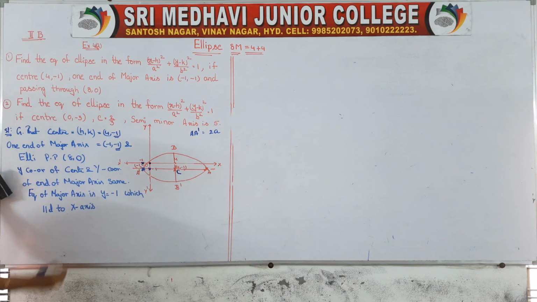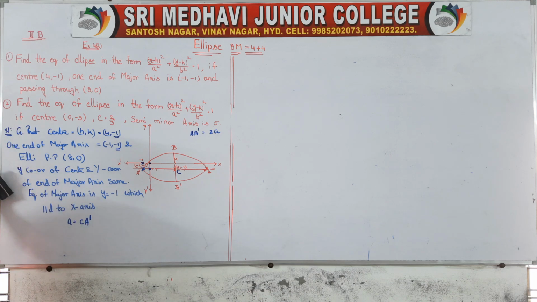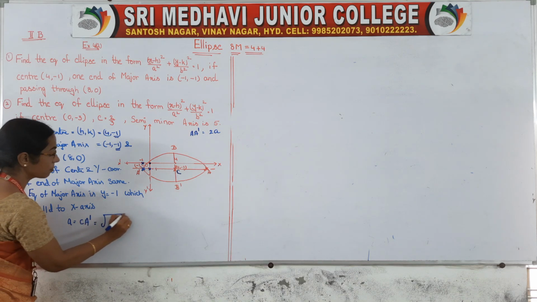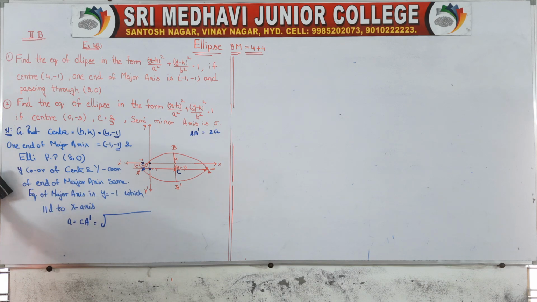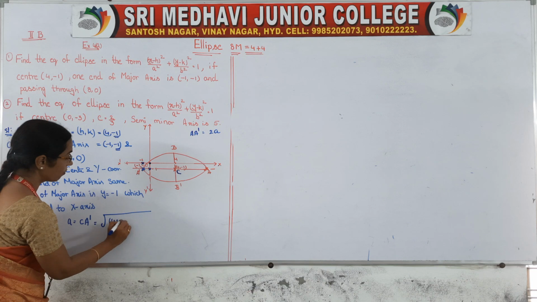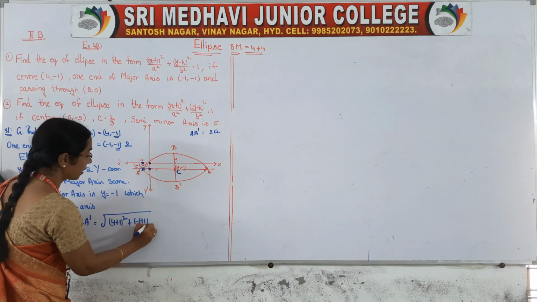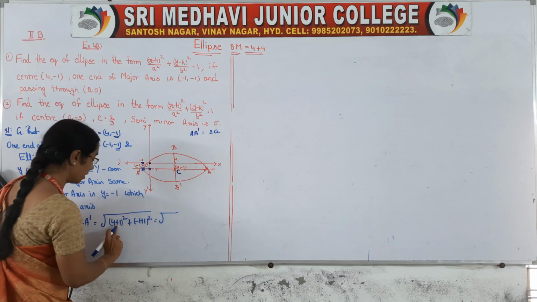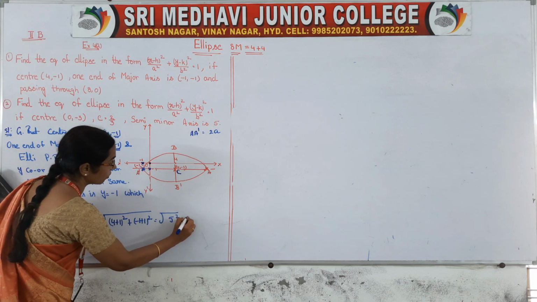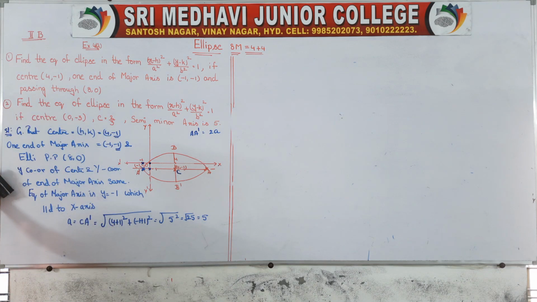That is A, right? A is equal to CA dash. Okay, so that is nothing but the distance between two points, center to that point. How can we take it? 4 minus of minus 1 plus 1 whole square plus minus 1 plus 1 whole square is equal to 4 plus 1, 5 square, that is 25. Root 25 is equal to 5. You got the A value now.